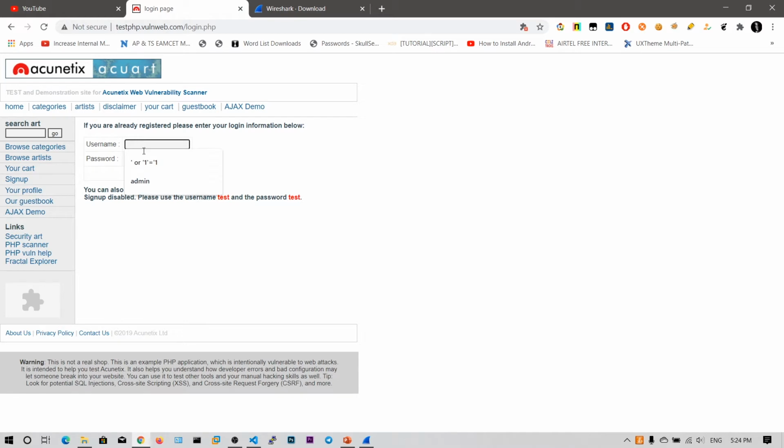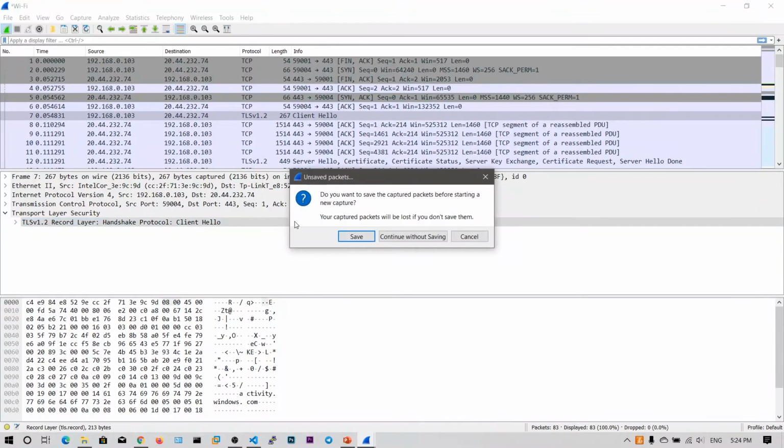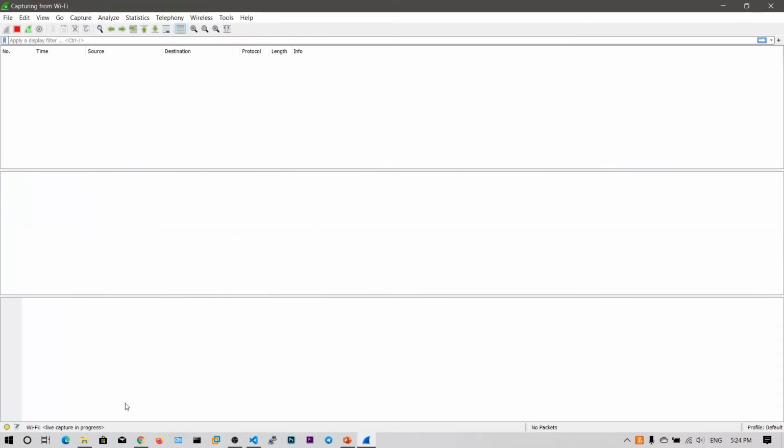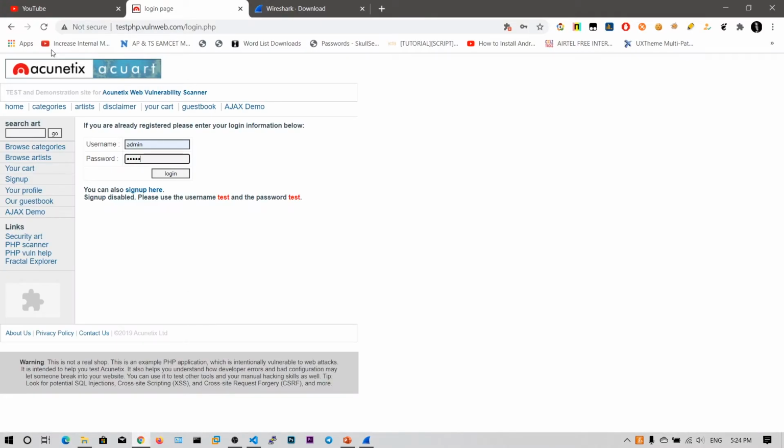Now you can enter the username admin and the password admin. So let me start this capture. Now I refresh this page and enter the credentials, admin and admin. Let me click login.